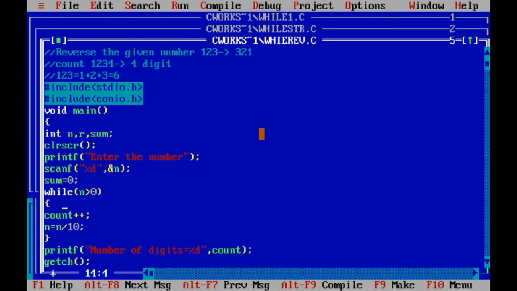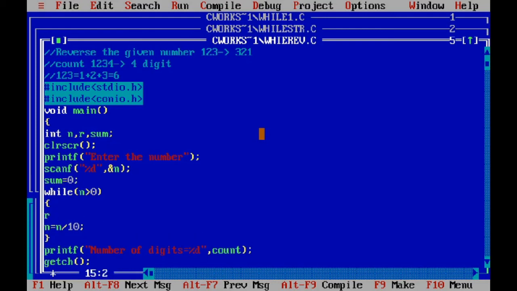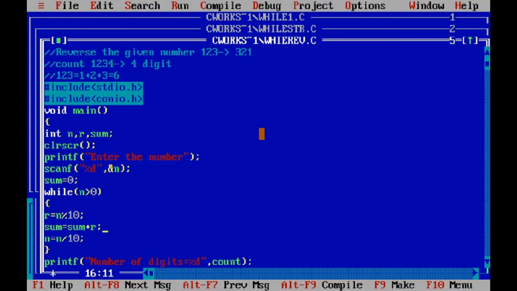Then inside the while, change the code. You want to calculate the remainder first because we need the remainder here. r equals n mod 10. Then sum equals sum plus r, like in reverse. Only add this remainder and here print the sum of digits of the given number.